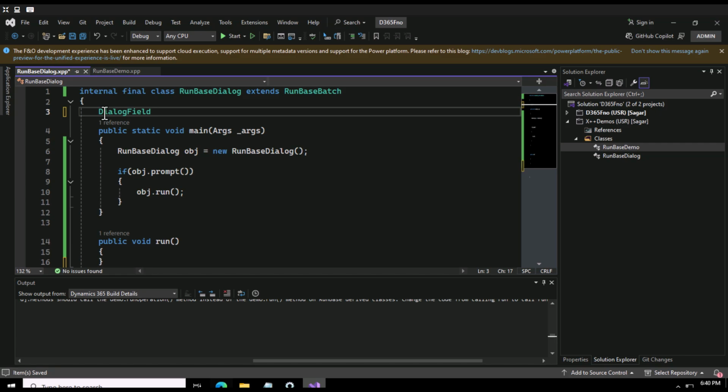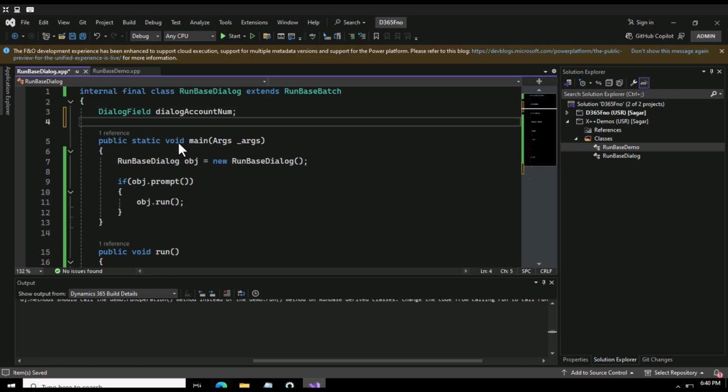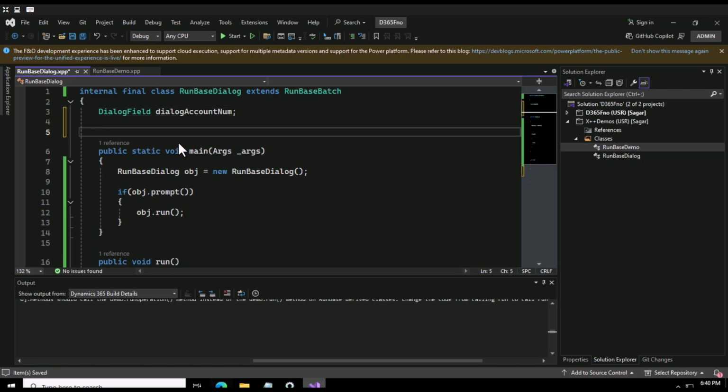I can say DialogField dialogAccountNum, because I will need to ask for the customer account. That's why I will use this dialog account. And then further I can use my pack and unpack method as well. So I can define here #define.CurrentVersion, and I can say here 1,